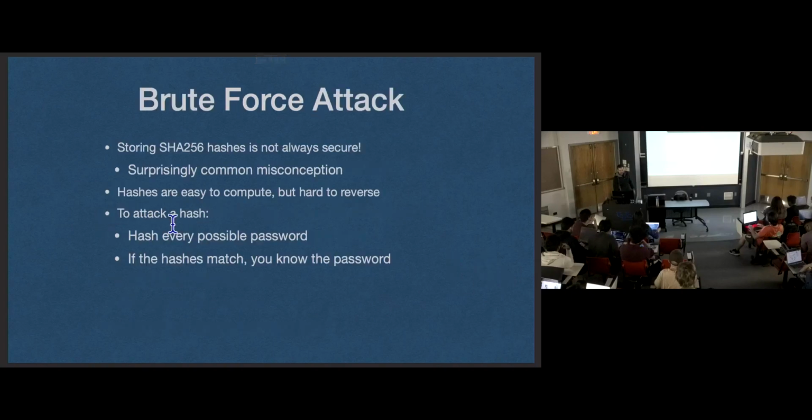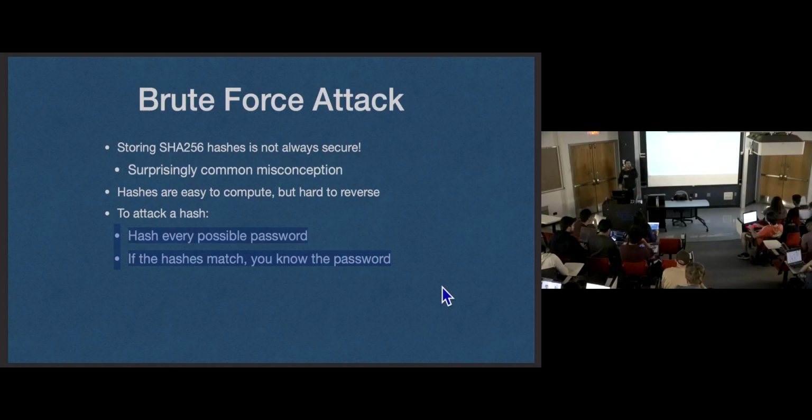So a brute force attack, so you can attack these hashes. You can't go from the hash and compute, and I was careful to say the word compute, the plain text that generated it, but guess what you can do? Go from the plain text and compute the hash. That's very fast. That's very efficient. That's what it's made to do. The hash function is made to be fast going in that direction, in the one-way direction.